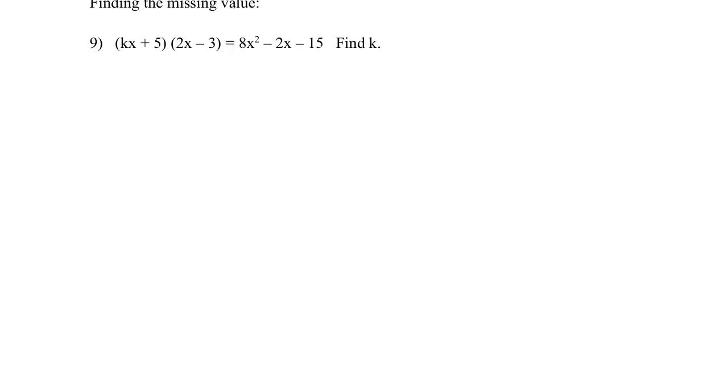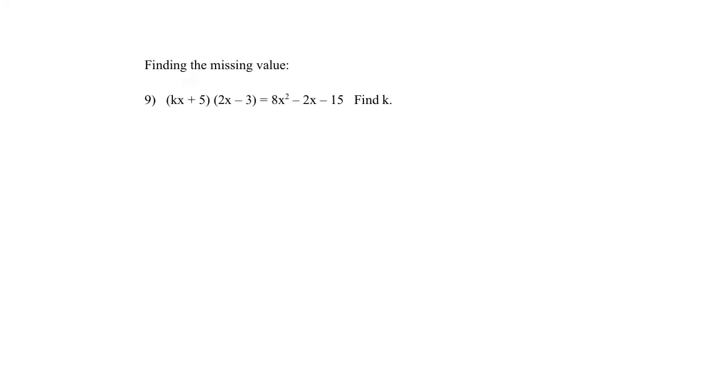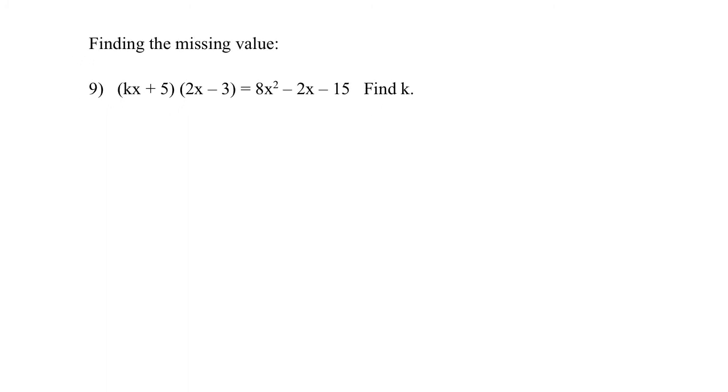So we are going to take a look now at how to find a missing value in a binomial. And we're going to do this very similarly to how we did this with distribution, where we're just going to ignore the missing value, do our distributions until the end of the problem, where we're going to take a look at what we're missing. So I'm just going to start setting this up just like any other binomial times a binomial. So I'm going to do my first distribution here,